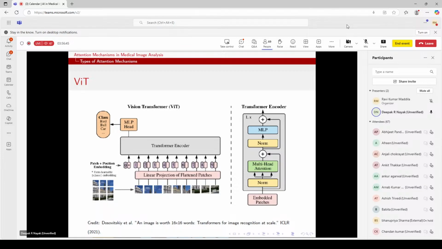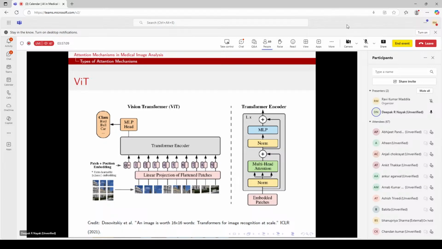So initially, if you go through the literature, you will find that the self-attention mechanism is applied to one-dimensional vectors, because it was applied only on the flattened patches. The patches were flattened to one-dimensional vectors, and then you were applying transformer encoders. Right. So later you will find some works where people are applying the self-attention on the two-dimensional